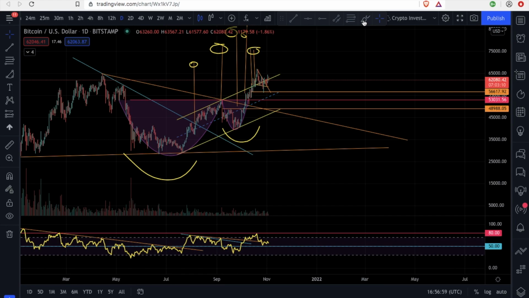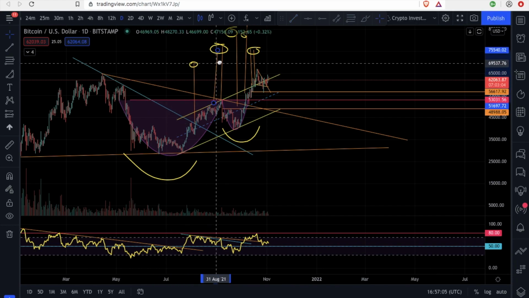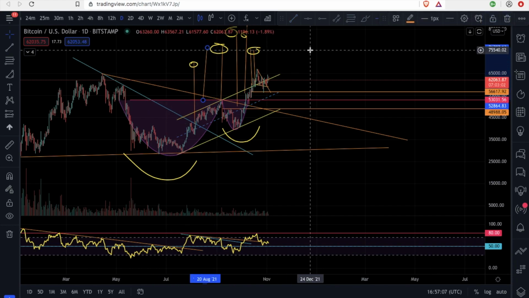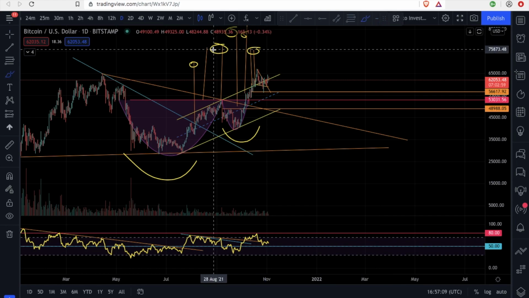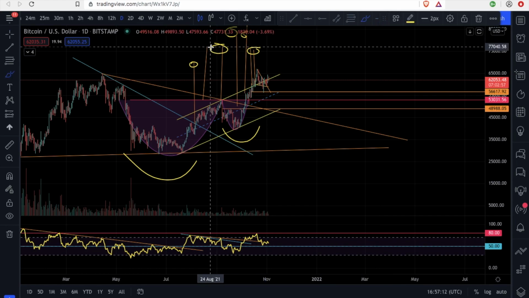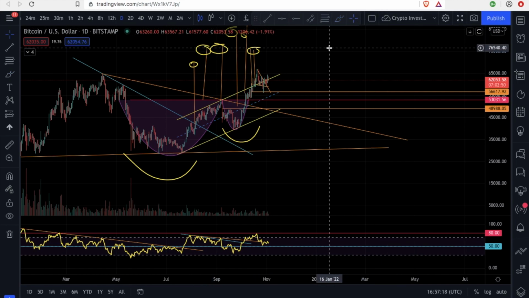And the price target for that cup and handle pattern is like this. Put the neckline around here, and the price target will be the same as the double bottom pattern around here, the $76,000 level right here. So guys, the Bitcoin price is really bullish. It's just right now,